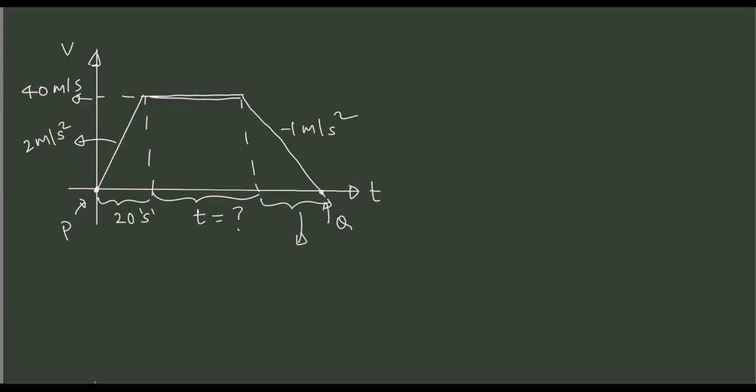40. It should be 40. Abhiram, are you okay? Because your decelerating rate is half. So the time the particle should take to go back to zero will be twice.